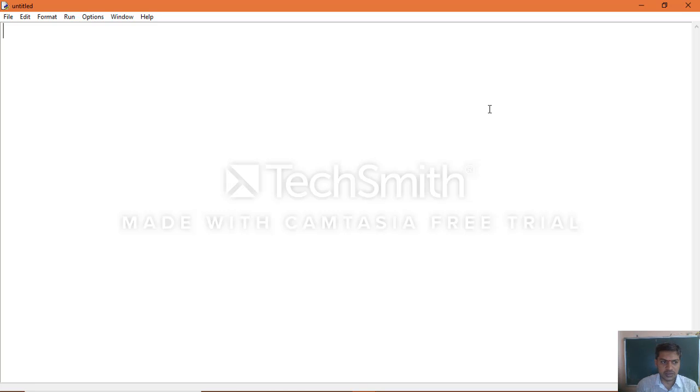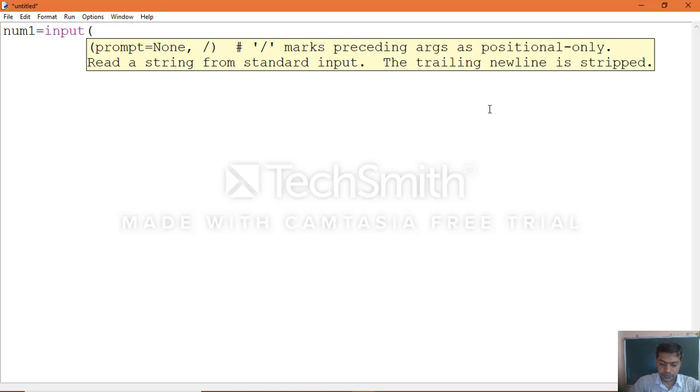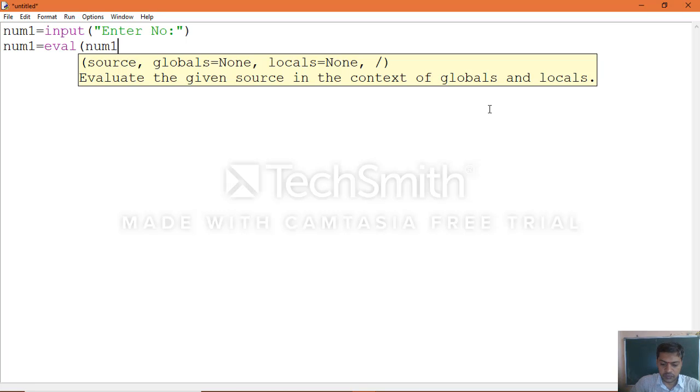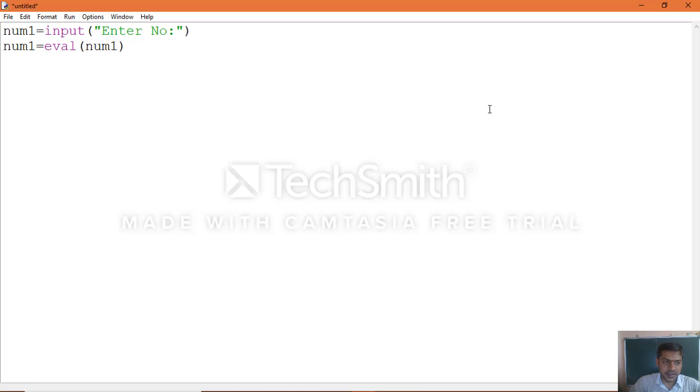So in script mode, we will write it in the same manner: num1 = input("Enter num"), then num1 = eval(num1), which converts string to integer.